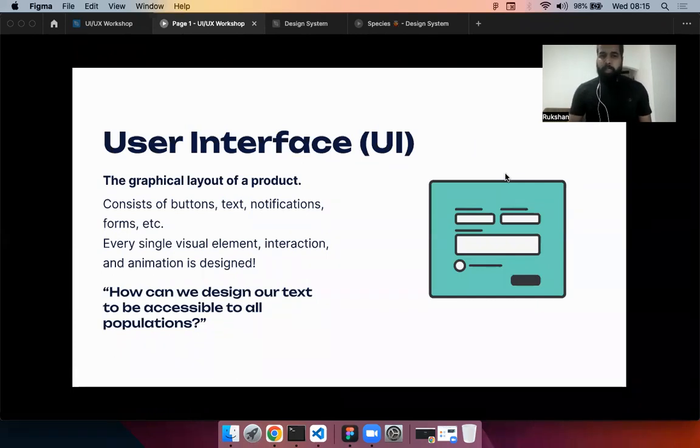So UI, user interface, is actually the graphical layout of the product. As you can see on the right-hand side, it consists of buttons, text, notifications, forms, etc. So every single visual element, interaction, and animation is designed by the UI designer. So when the UI designer designs these layouts, one question he tries to answer is how can we design our text to be accessible to all populations? So like UI,